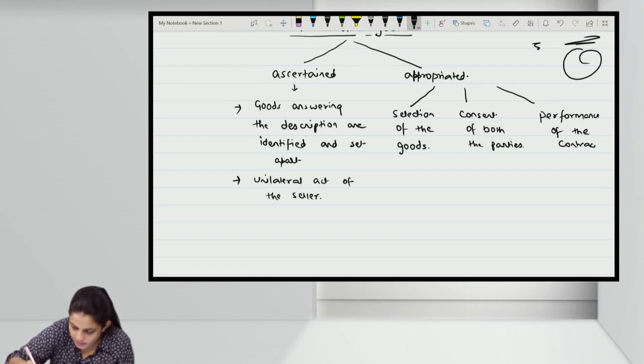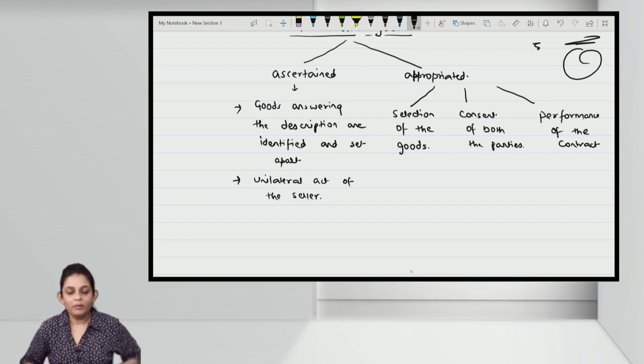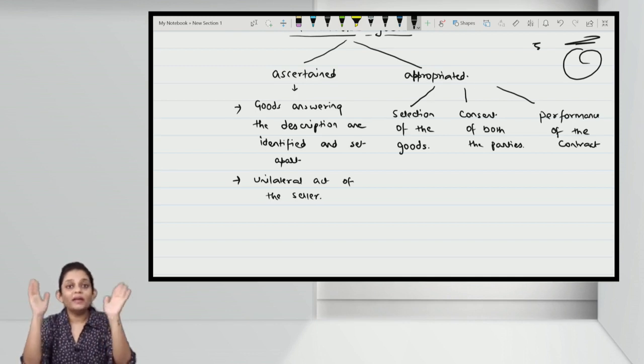So what do I mean by this? After the goods are set apart, they will confirm with each other that the goods are set apart, so that the delivery can be completed and the contract can be performed. Contract will be performed only after the completion of the delivery of the goods, yes or no? Once the goods are ascertained, both the parties confirm with each other so that they can finally